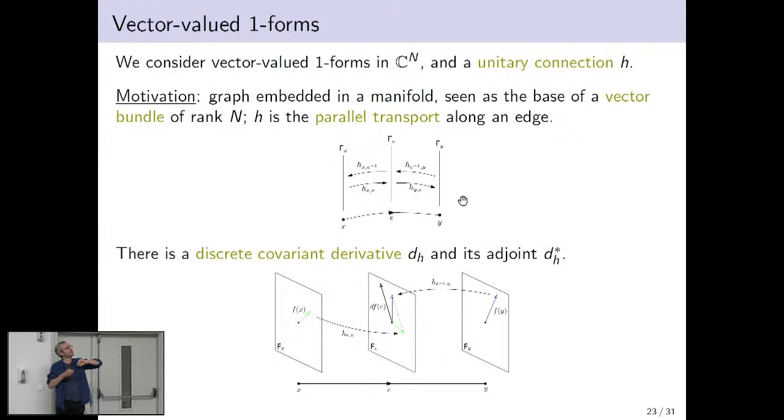And if an arrow is embedded in the manifold, it defines a path for you between 2 points. And if you're in a manifold like this, there's a notion of parallel transport between the tangent space at one vertex and the tangent space at the other one. And I can define H to be the parallel transport along that edge. It's an isomorphism between this vector space F_x over x and the vector space F_y over y. And here I think about these vector spaces as being all isomorphic to C^n if I'm in dimension n on a complex manifold, say.